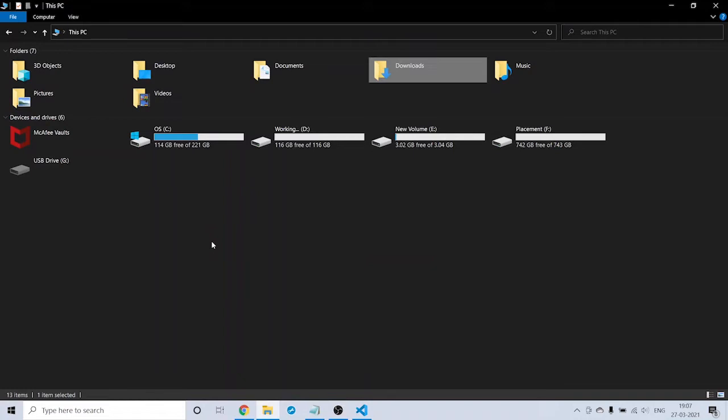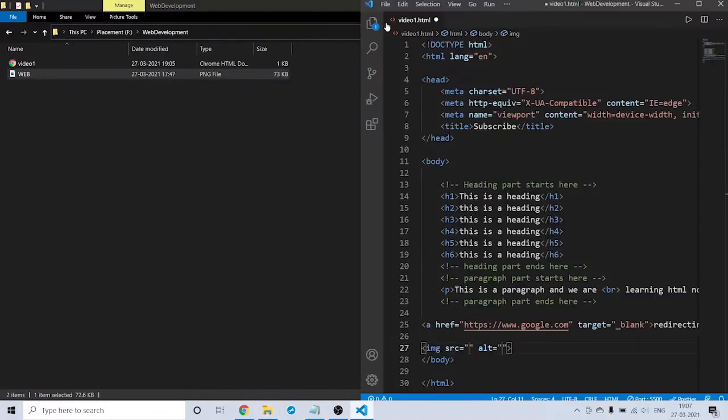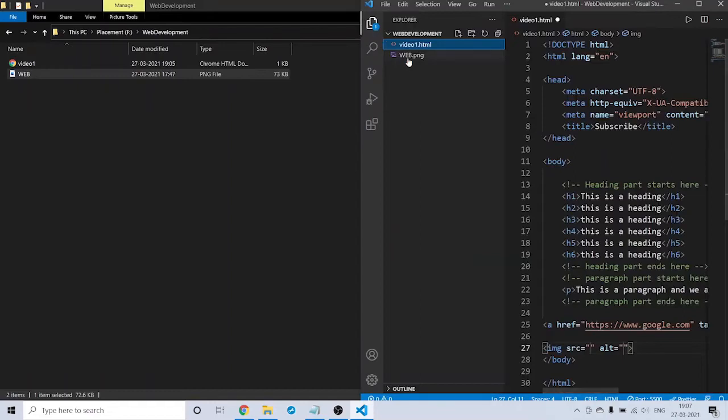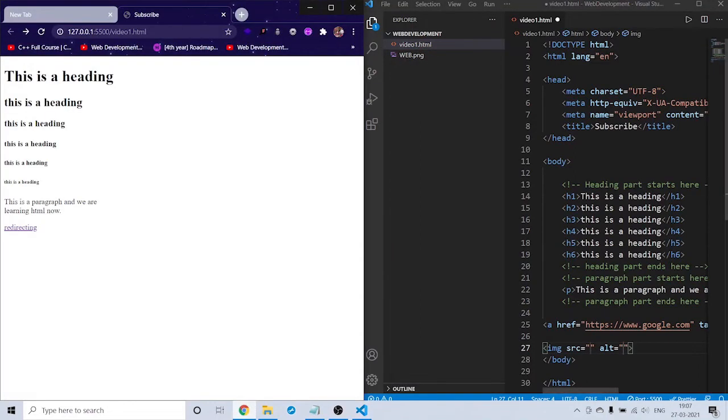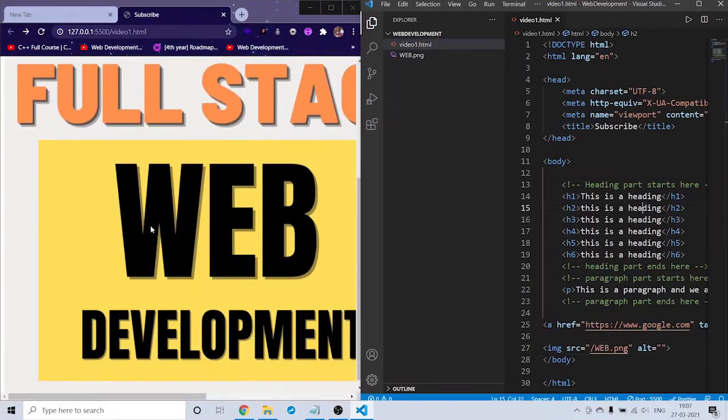To make it easier, I will place that image here, in our web development folder. When you go to the file explorer, you will see the web png, and I will access it here, which is in the root. I am going to access this web png. This is the source, and alt is okay. First let me tell you this. First let me save this, and you see here you got an image.